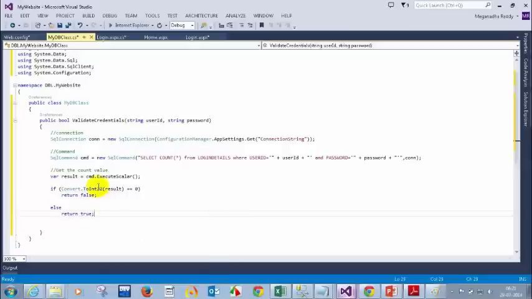Okay, so what I'm doing here, I'm getting the value and I'm assigning this and I'm returning false if the result count is 0, that means the user and password are not matching, and in case they're matching, that means the count will be 1. Or I can put like this. Okay, this should be fine. So this logic should be fine. Now I'm done with the database layer method. So what I need to do here is I need to write the same